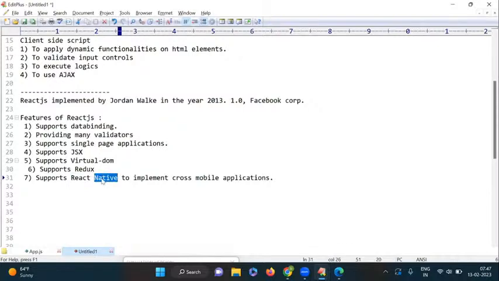If you know the native package, it provides how to display the controls on the mobile phone. Here we are using HTML controls in web applications, right? The same way, to work with mobile applications we use native controls. If you know native controls, that is enough. Using React code, you can simply implement mobile applications, and those applications support any type of device. That is the main thing. Okay. Next one here,